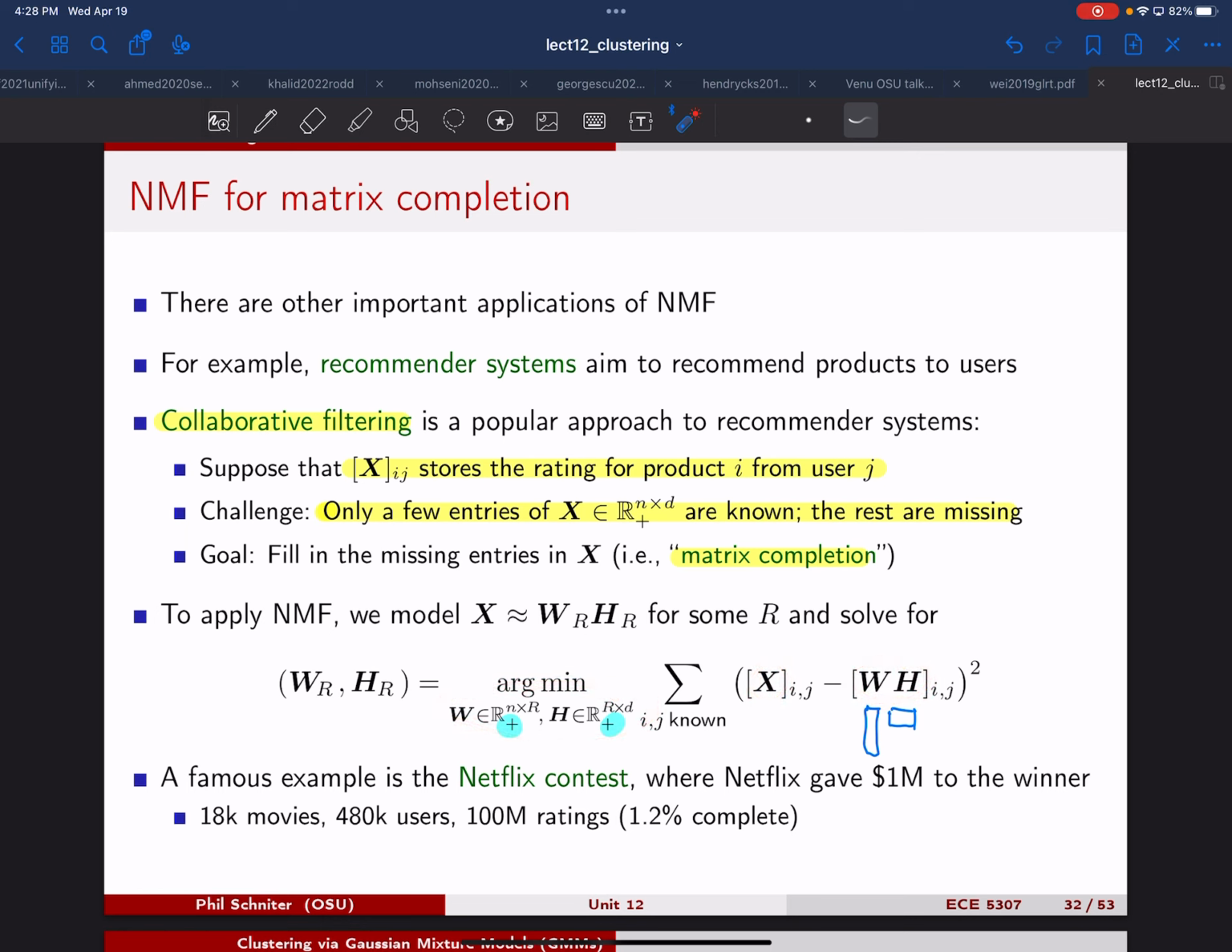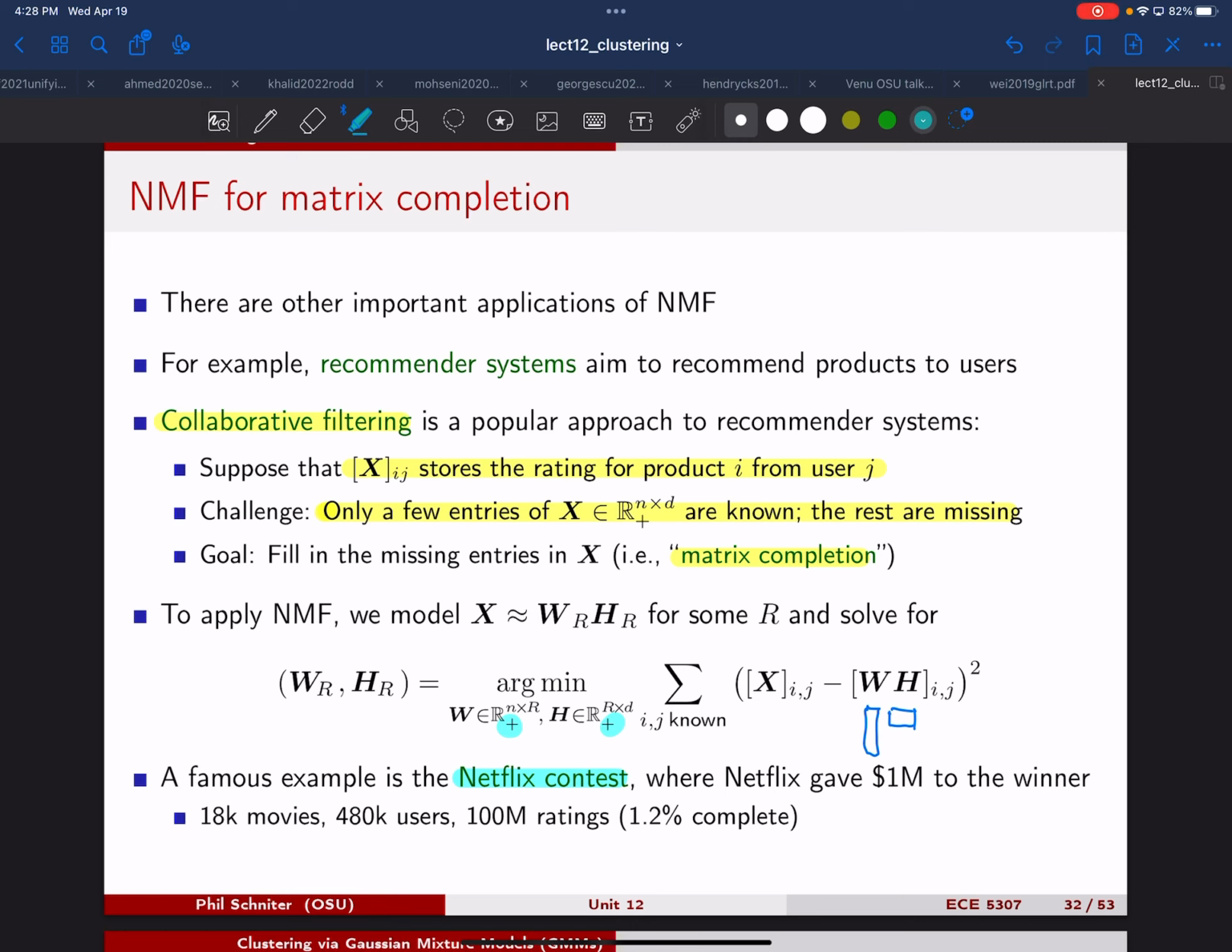So one of the most famous examples of this is the Netflix contest. Have you guys ever heard of that? The Netflix contest was, I don't know, maybe like 10 years ago or so. Netflix gave $1 million to the winner who could come up with the best recommender system based on its movie